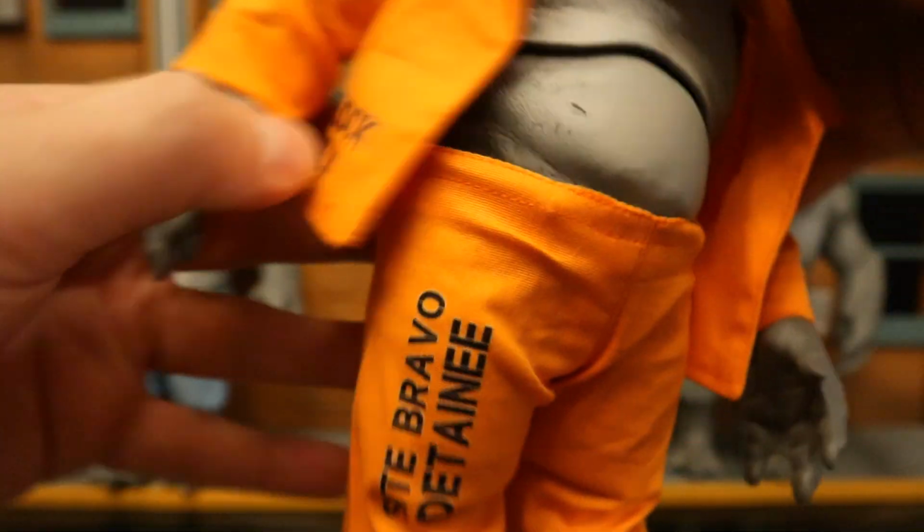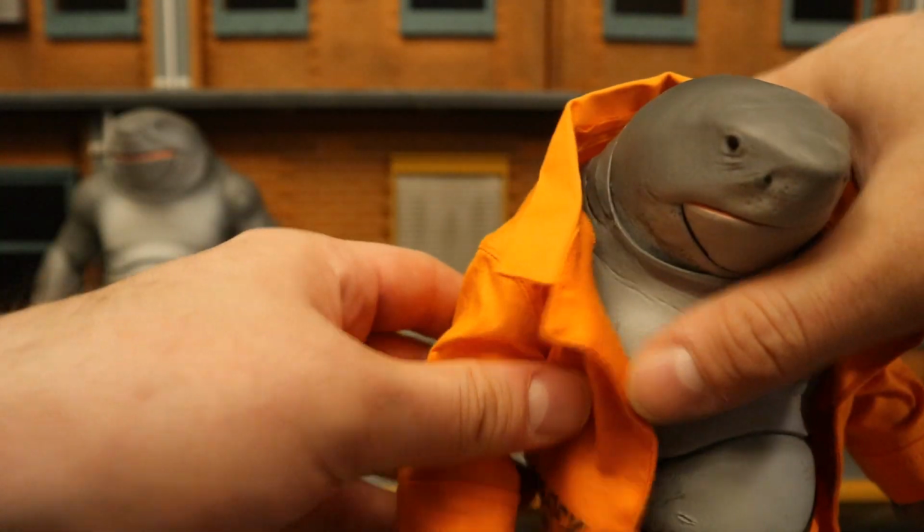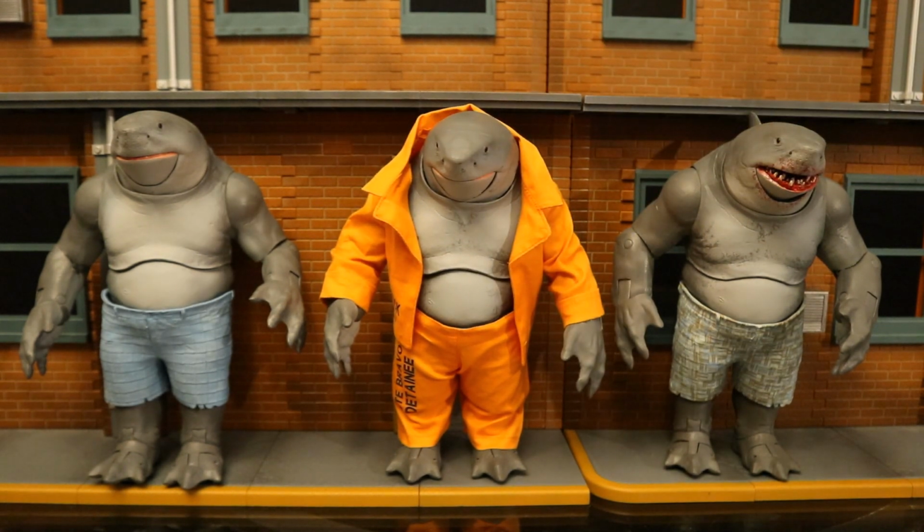He's got his belly sticking out. Site Bravo Detainee. D block only. His fin sticking out the back. It actually looks really cool. It definitely enhances his figure. I don't think he was fully wearing something like this at the beginning of the Suicide Squad when they recruited him,